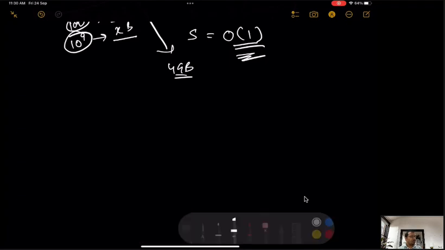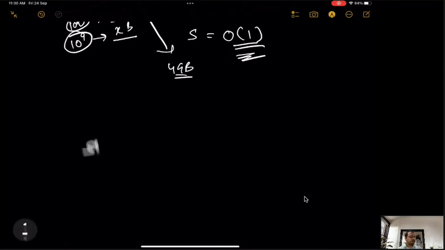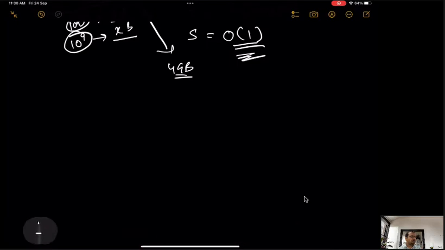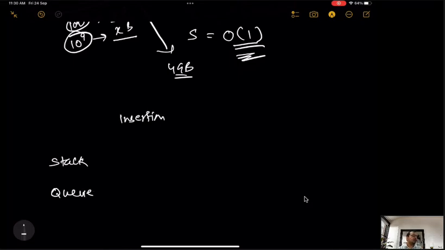Here I am writing stack, and this is Q. Let's say this is insertion, this is deletion, or for stack it will become push or pop. For Q it will become NQ and DQ. For display we need to display all the elements.